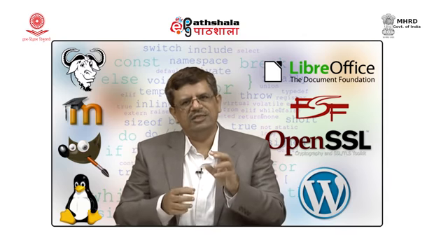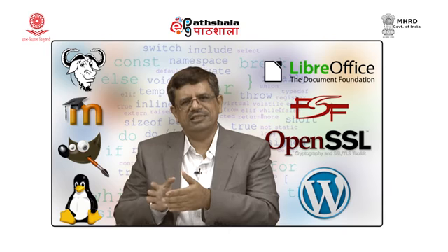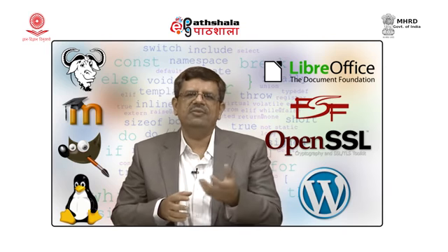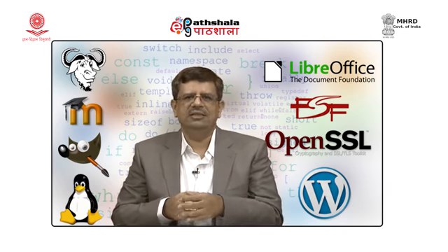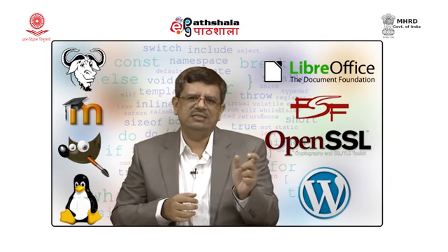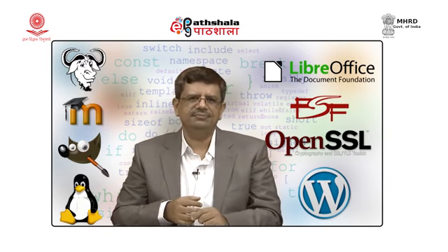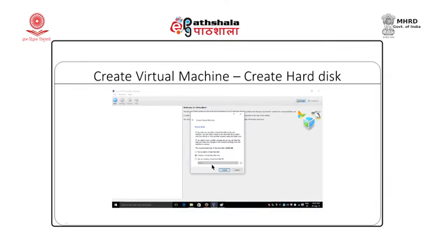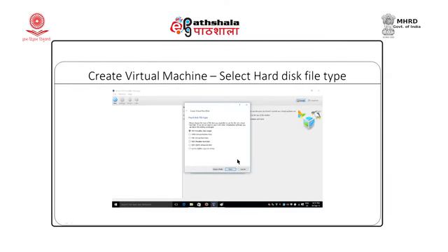But this hard disk is different from the original hard disk that ships with the hardware. This will be a virtual hard disk. So, the size of file will stay as virtual disk image. So, after clicking this option, next what we do is we select the type of file. You can go with the default. There are different types available which requires a bit of knowledge of virtual systems. Whatever is the default, you may go ahead with the default selection.